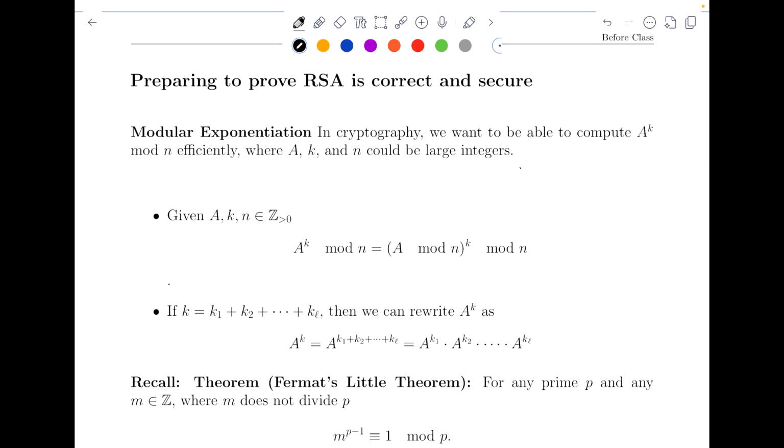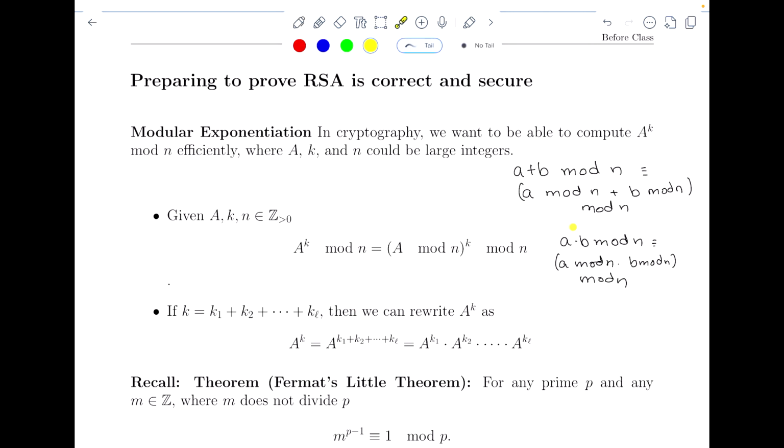We've talked already about how A plus B mod n is equivalent to A mod n plus B mod n. Remembering to do that mod n on the outside there. And we also have that A times B mod n is equivalent to A mod n times B mod n, all modded by n. And so if you take this multiplication rule and think about the fact that A to the k is just multiplying A by itself k many times, then A to the k mod n,